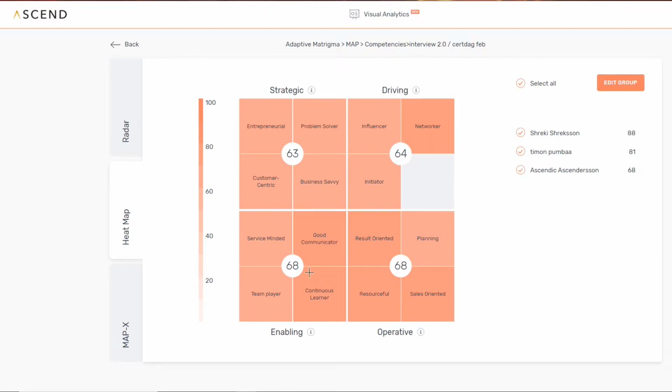Overall, quite strong team. Their biggest strengths are within the enabling and operative fields, and specifically, if you look at the enabling, you can see that they have a relatively high score on good communicator and continuous learner. And within the operative, you see that they have result-oriented, resourceful, and sales-oriented. I know this by looking at the color differences between how these are compared to planning, which seems to be